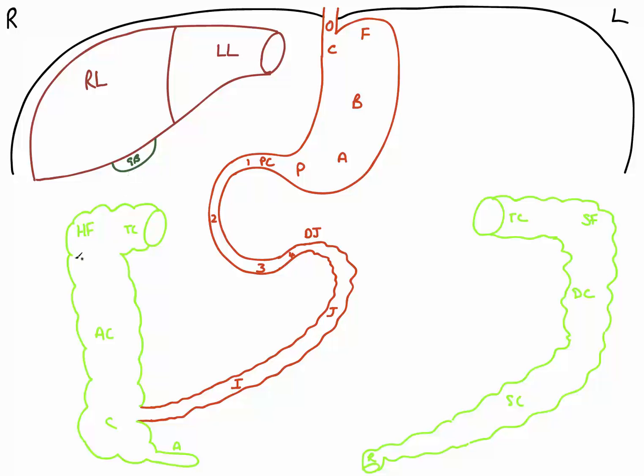And now we can see why this turn of the ascending colon to the transverse colon is known as the hepatic flexure. So the right lobe of the liver, the left lobe of the liver, and here we've got the gallbladder. If we now go over to the left hypochondrium, we can see we've got another organ, and this organ is the spleen, and the spleen is in contact with a final organ I want to draw in, which is